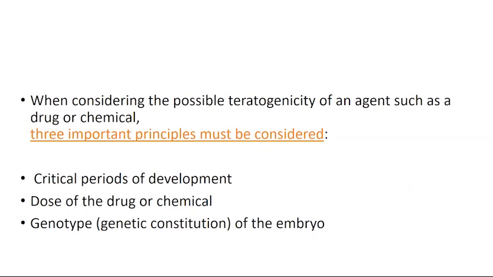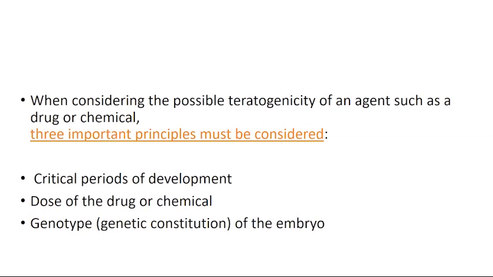Then, when considering the possible teratogenesis of an agent such as a drug or a chemical, three important principles must be considered: whether a certain chemical or a certain thing is a teratogen or has a normal effect. The critical periods of development, which can be judged at the time period of embryogenesis. Then the dose of the drug: maybe a very small dose cannot be harmful, but if a large dose is given, it acts as a teratogen. Then the genotype, that is the genetic constitution of the embryo. All these three factors will